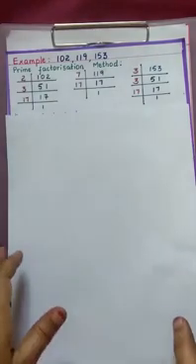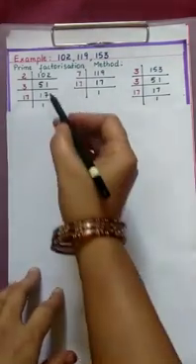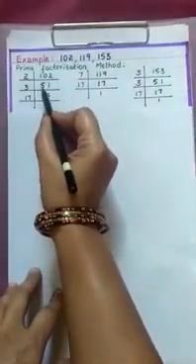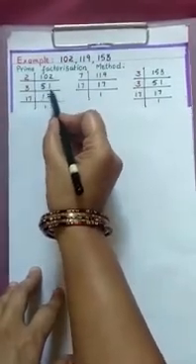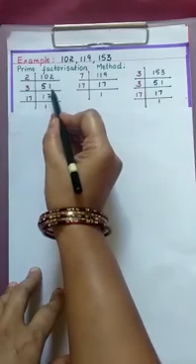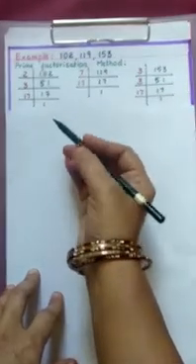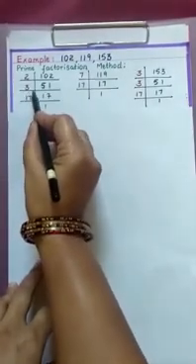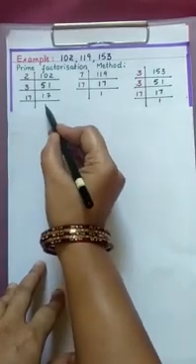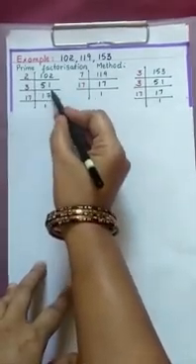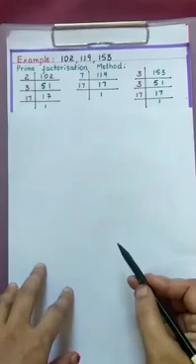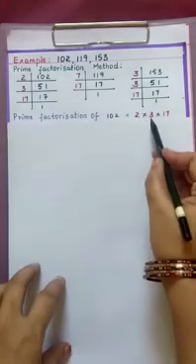Now let us find the LCM in the prime factorization method. First 102. 102 is an even number which is divisible by 2. 2 fives are 10, 2 ones are 2. Now 51 is an odd number. 5 plus 1, sum of digits is 6. Using divisibility rules, 6 is divisible by 3, so definitely this number is divisible by 3. 3 ones are 3. So remainder 2. Bring down 1. 3 sevens are 21. Again 17 is a prime number which is divided by itself. 17 ones are 17. Now what is the prime factorization of 102? 2 into 3 into 17.